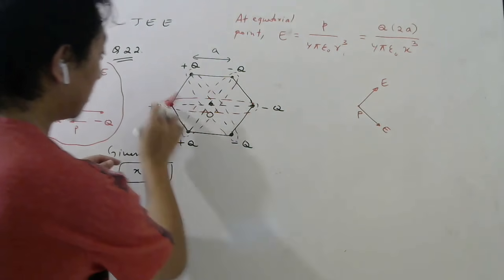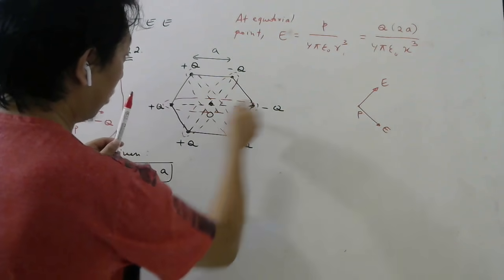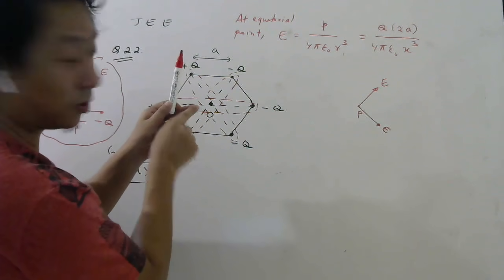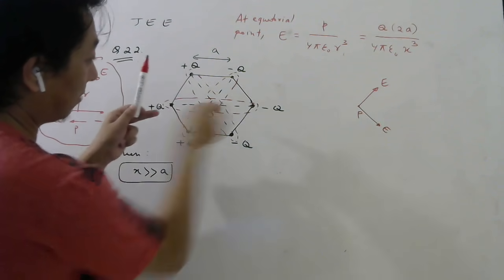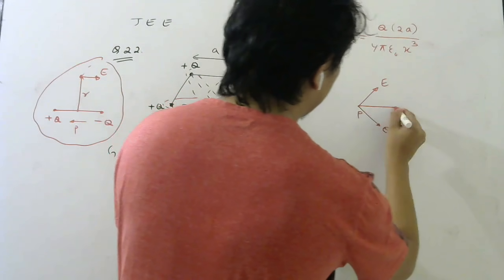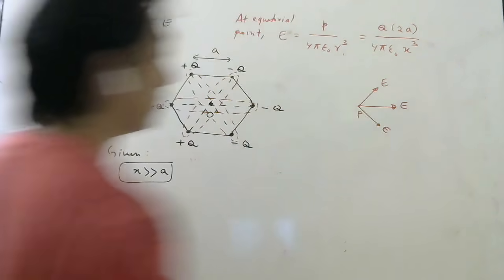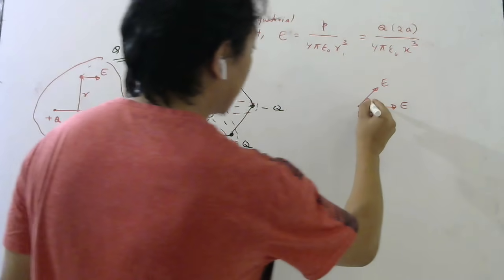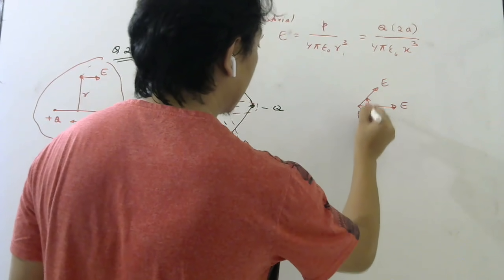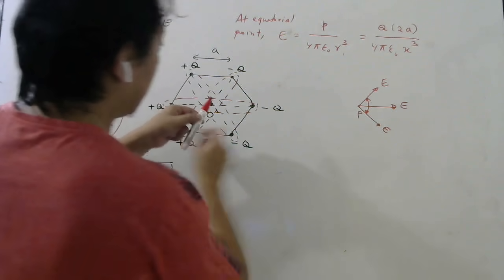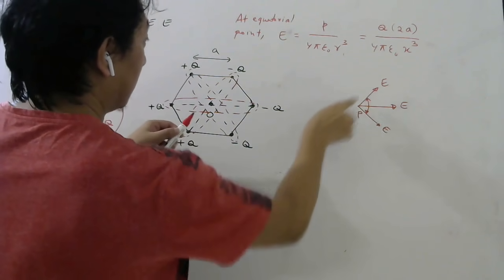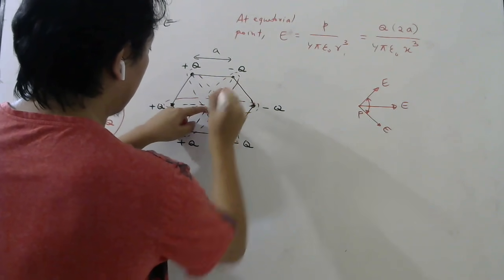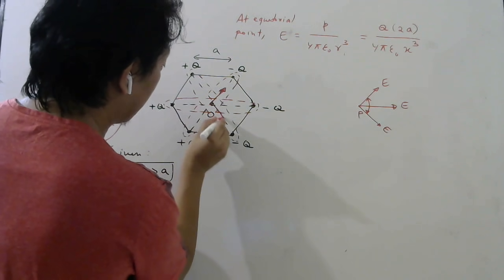And then due to this dipole, if you look at the dipole moment, it will be from minus q to plus q. So the electric field at this point will be opposite to this dipole moment, that is, this way. Fine, so we have to add these three electric fields. Now what will be this whole angle? Let us look carefully. This electric field was due to this dipole, it is here. So this electric field is here and this electric field is here.